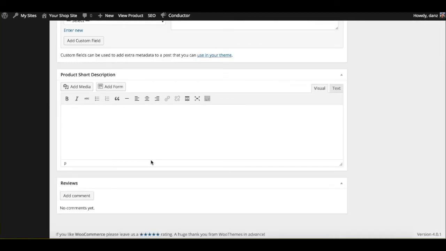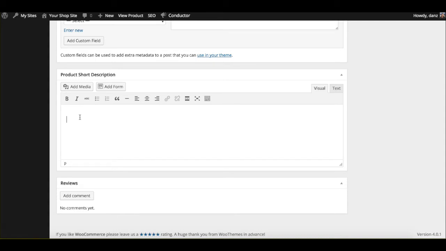If you want to add the descriptive information that's going to go at the top of the product page near the buy button, that's the product short description. That's a box provided only for WooCommerce products, and that's where you put things like the dimensions, the type of shirt it is,